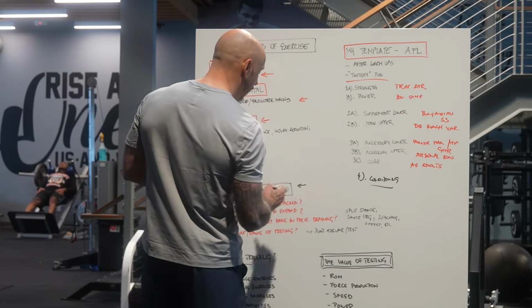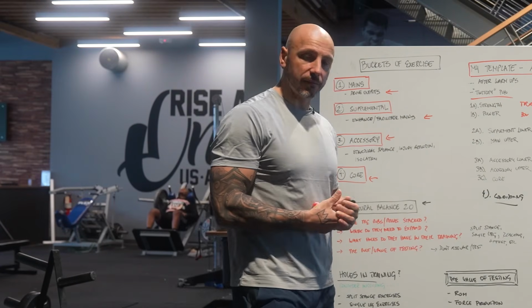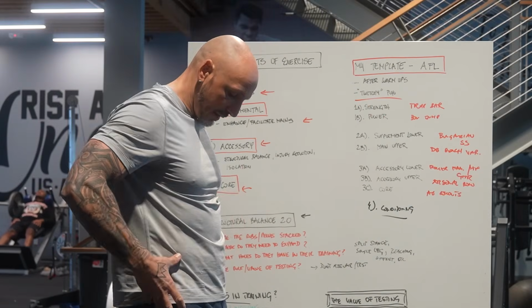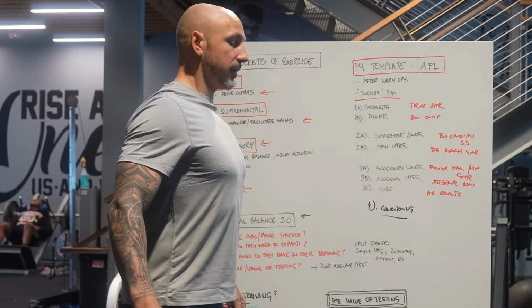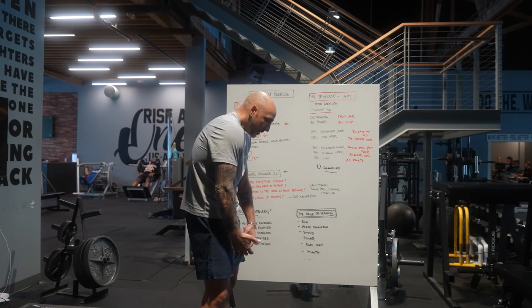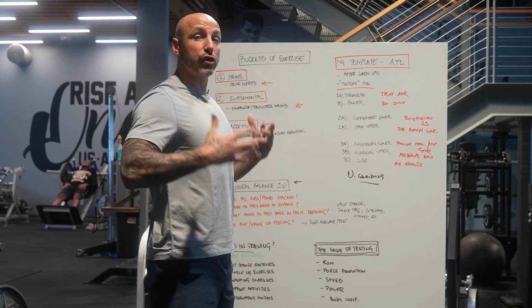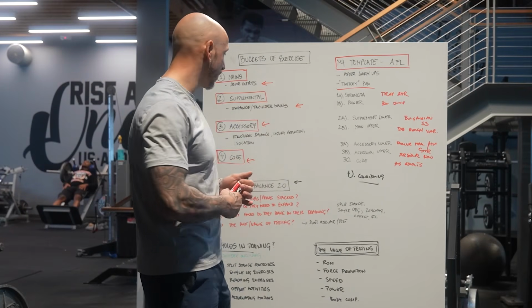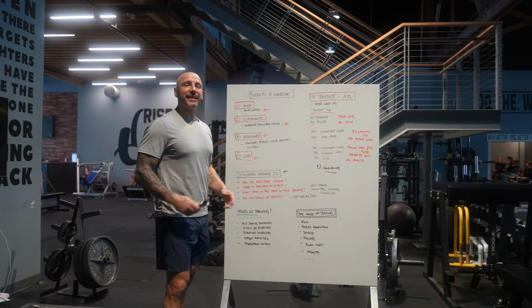And I call that structural balance 2.0, right? Really, the thing that I'm looking for is, are the ribs and pelvis stacked, right? So my pelvis and my ribs, are they stacked on top of each other? If I'm here, they're not, right? If I'm here, they're not. So I want to make sure that that's stacked. That's a good position. We talked about position. So that's structural balance. Where do they need to expand?